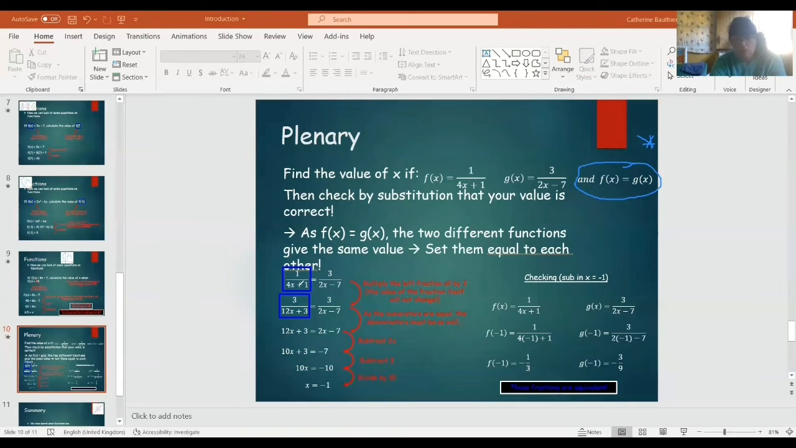Sorry, 1 divided by 4x plus 1 is equal to what was written here for g of x, which is 3 over 2x minus 7. Now what we need to do with these is we need to try and solve. And they've used a little trick, which you can choose to use or not use. You could just cross multiply, right? So you could say 1 times 2x minus 7 and 3 times 4x plus 1, and it would work absolutely